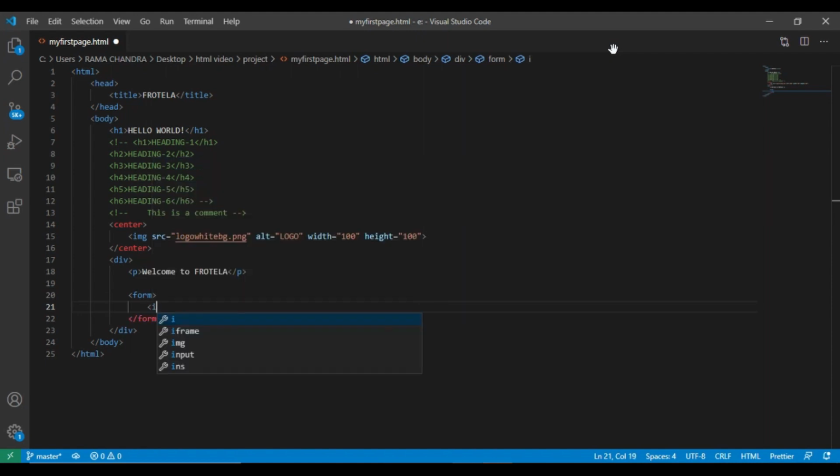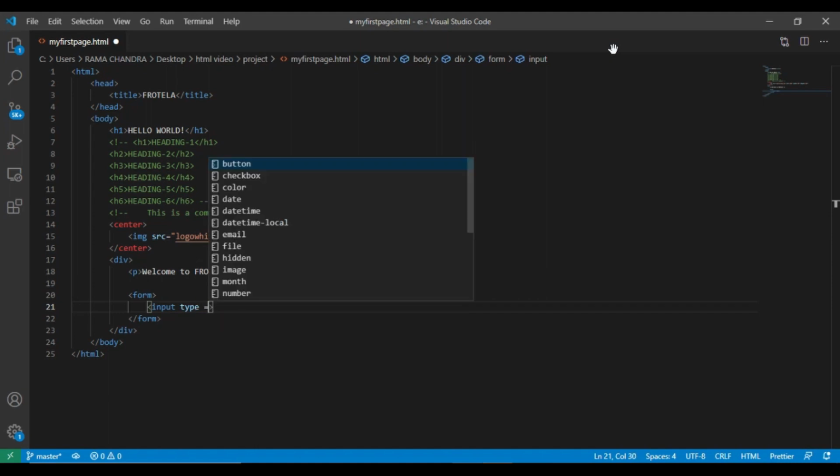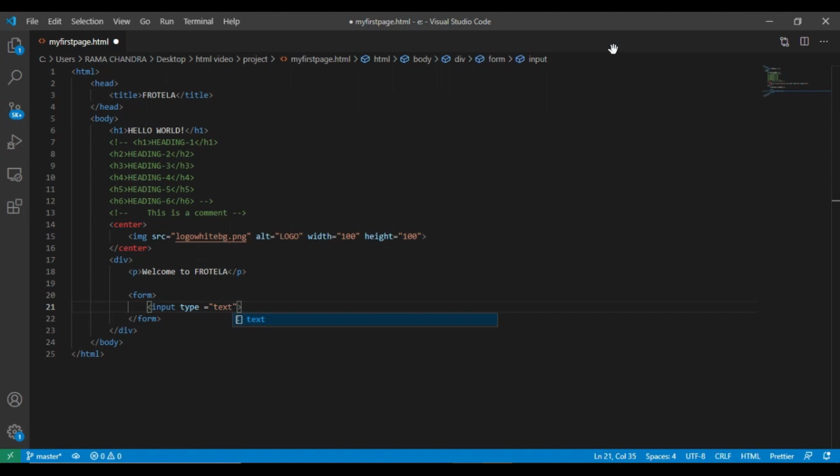Let us start with an input tag. And the attribute is of type text. Now this defines a single line input field for text input on the browser.